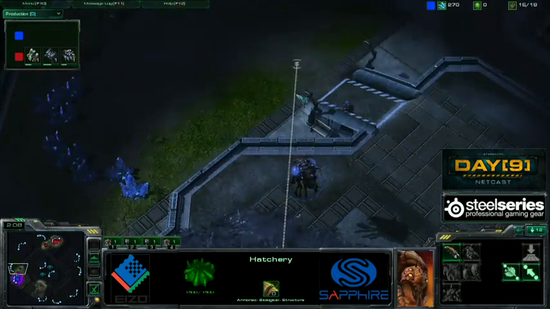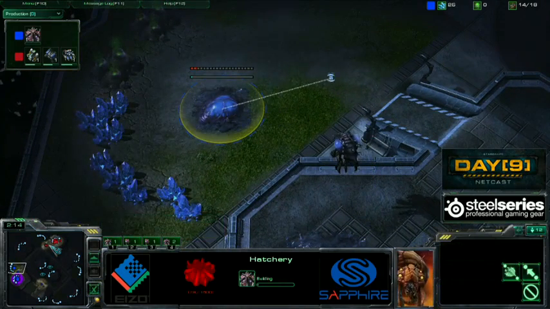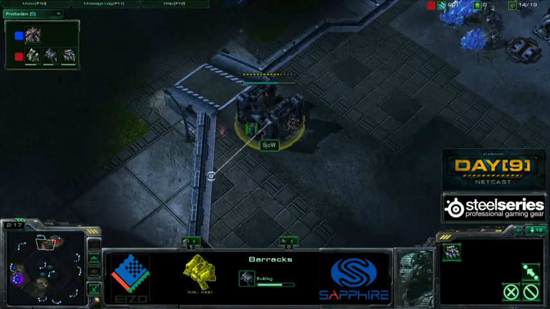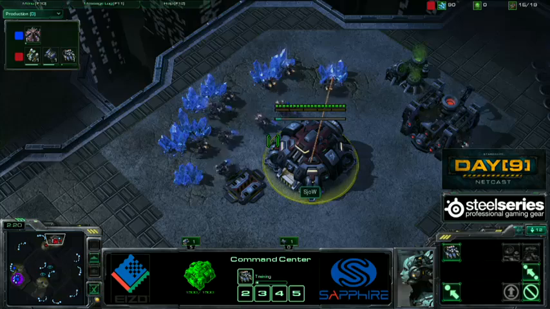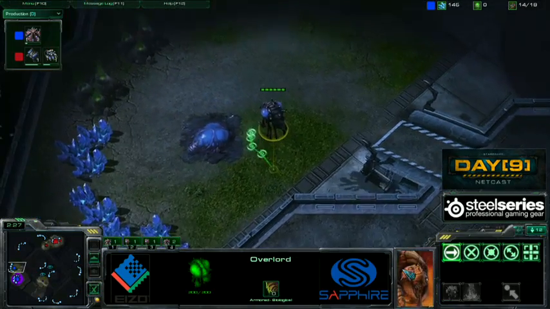The 15 hatch is going to be put down, and I suspect the 14 pool will follow it. Probably the safest build on this map. It's quite a nice map to play on for every race, really. I don't think that any race is favorite on this map at all. Yeah, all races are going to have quite a large degree of comfort, and I already like this Overlord placement